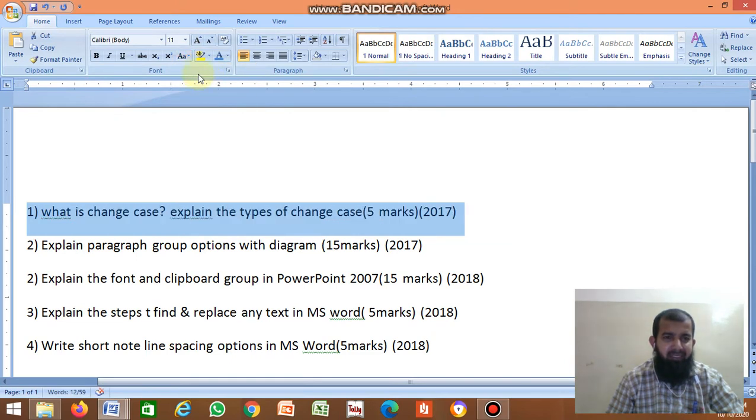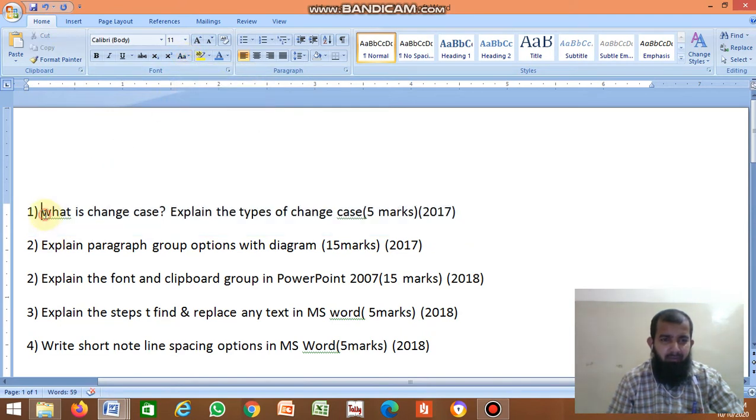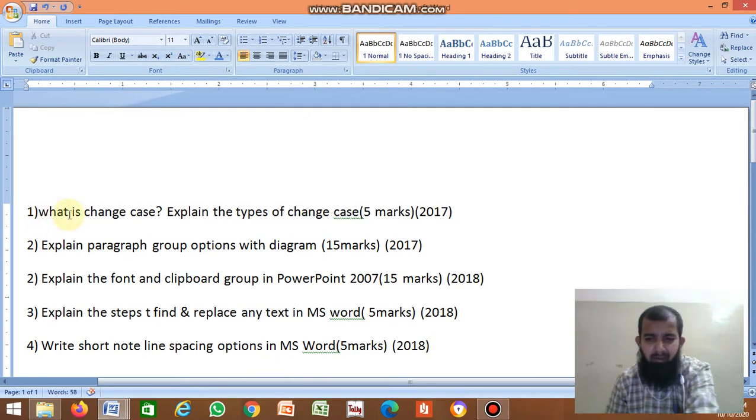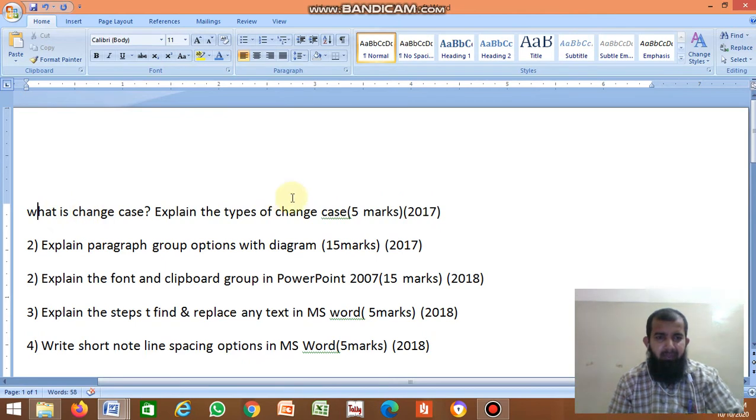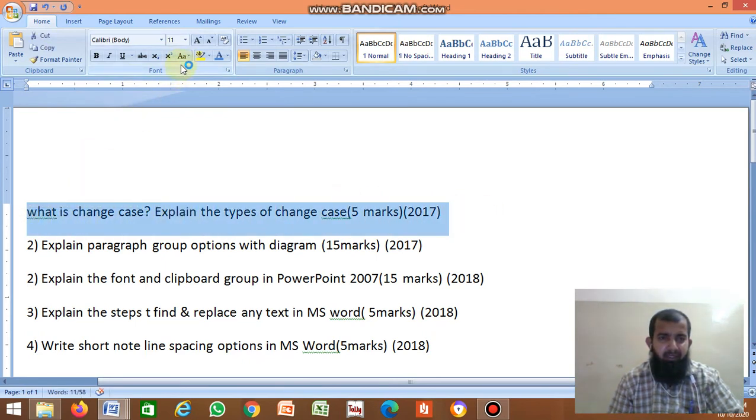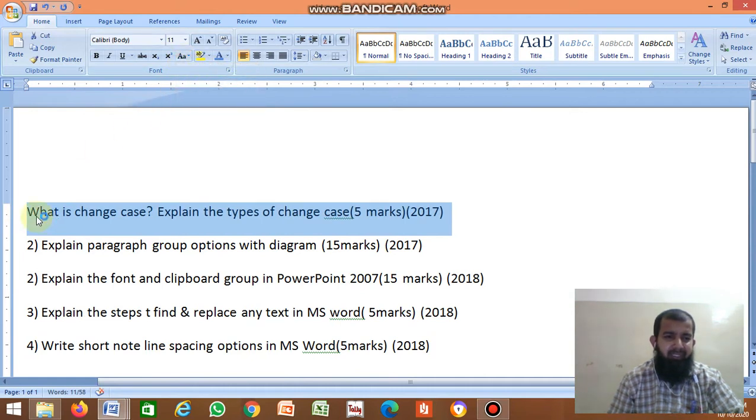In lower case, if you select and click sentence case, the first letter becomes capital.